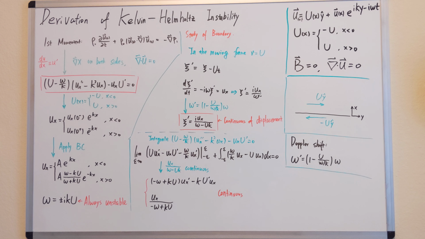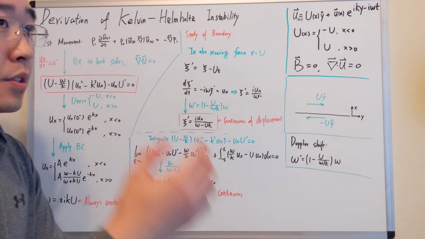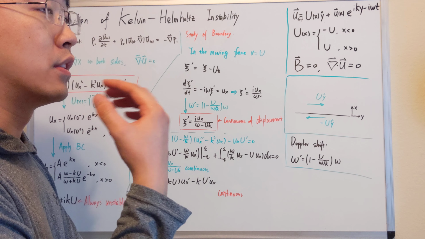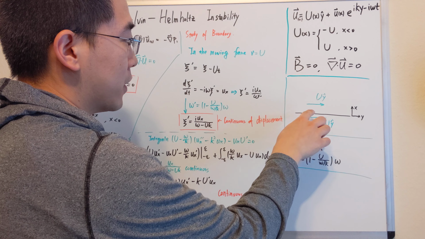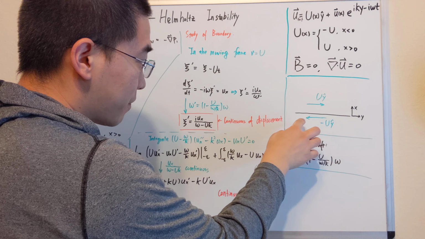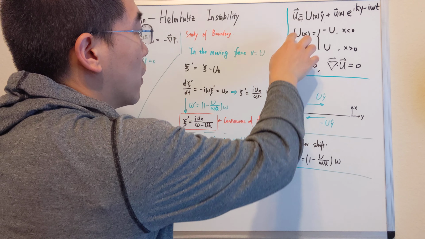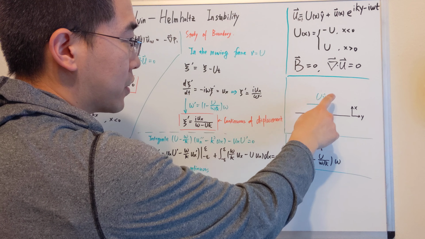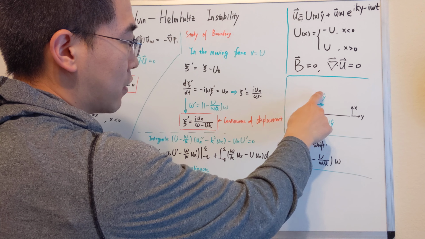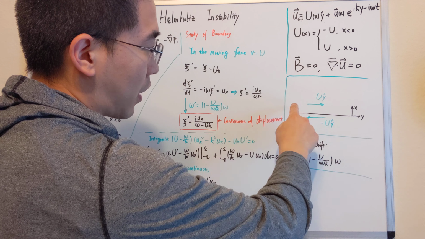Let me run you through the Kelvin-Helmholtz instability. Kelvin-Helmholtz instability becomes unstable because of the flow shear. So the setup is we have, above x equals 0, a positive u going in the y direction,